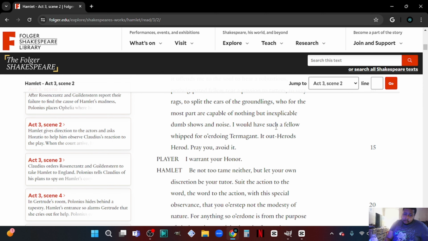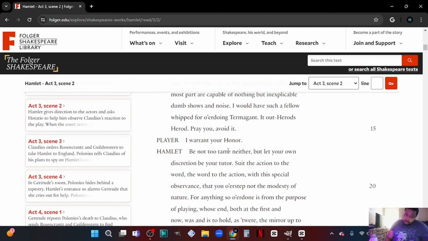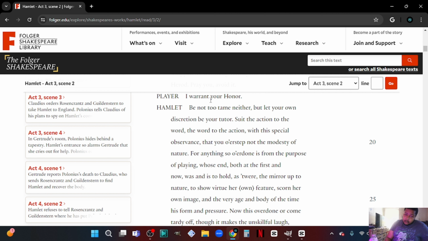I would have such a fellow whipped for o'erdoing Termagant. It out-Herods Herod. Pray you, avoid it. I warrant your honor. Be not too tame neither, but let your own discretion be your tutor. Suit the action to the word, the word to the action, with this special observance, that you o'erstep not the modesty of nature, for anything so overdone is from the purpose of playing, whose end, both at the first and now, was and is